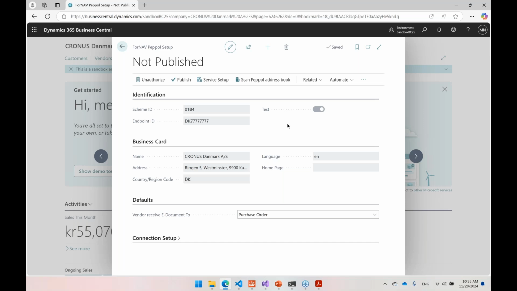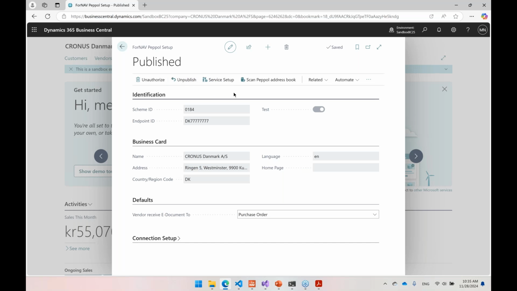If you want to have a real participant in the Pepol address book, you need to contact Jan, and we'll enable you for it, because we need to make sure that you're really who you are, and avoid that you claim that you are IKEA or any company that can do fraud on the Pepol network. But to do the test setup, you don't require this, so you can simply go on and publish yourself to the Pepol address book.